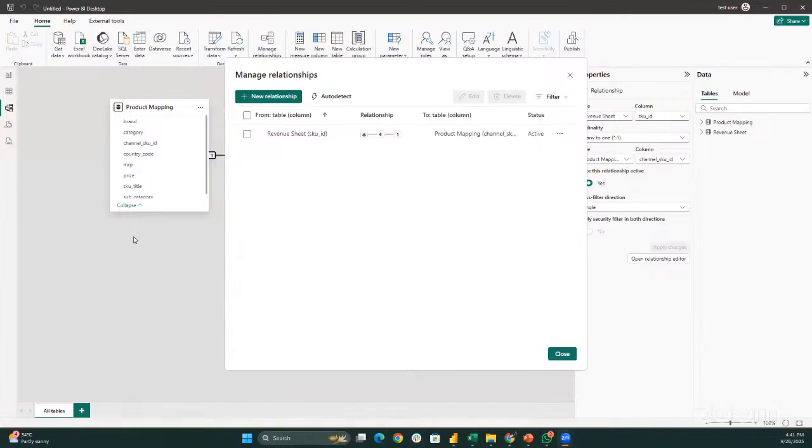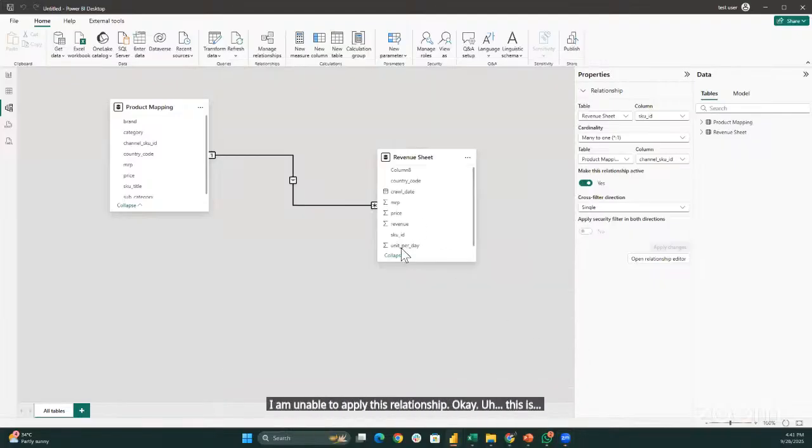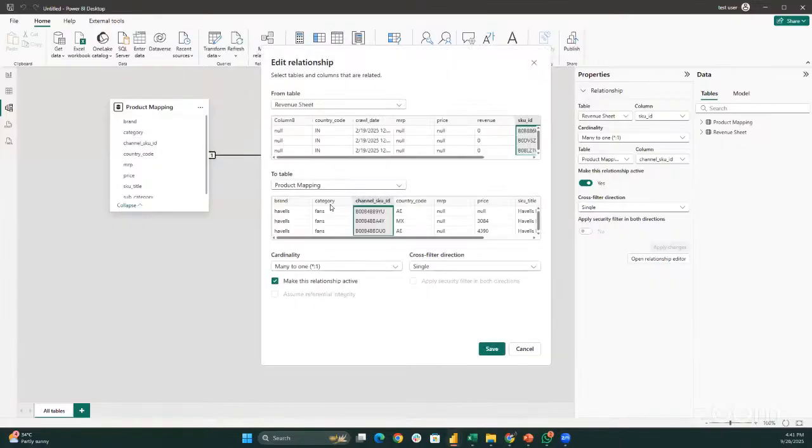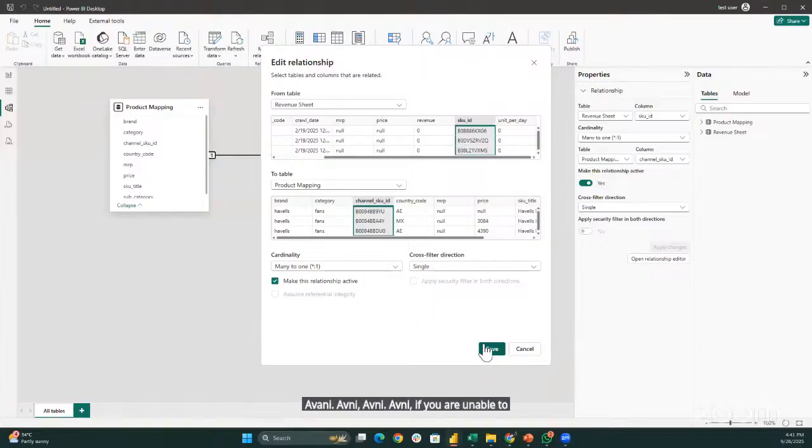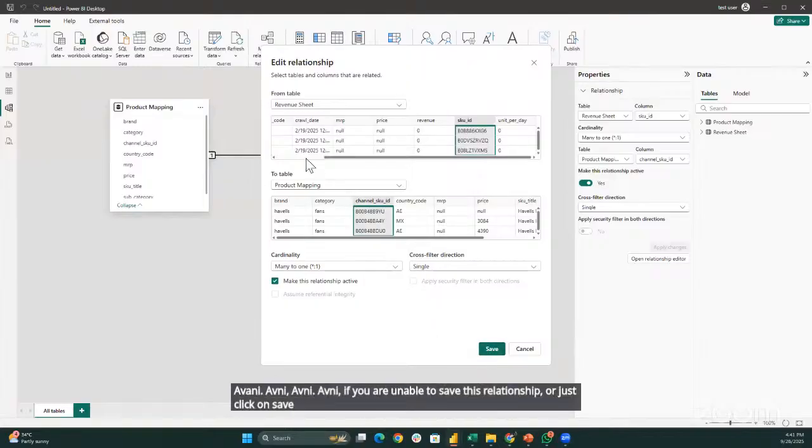I am unable to apply this relationship. Okay. Avni, if you are unable to save this relationship or just click on save this button, you might be selecting